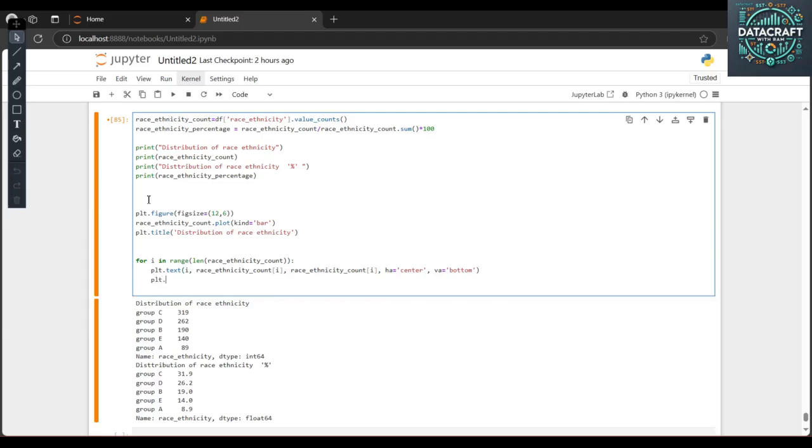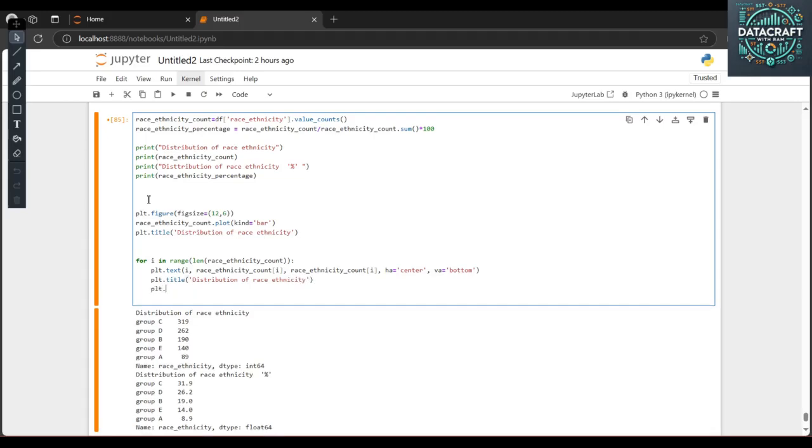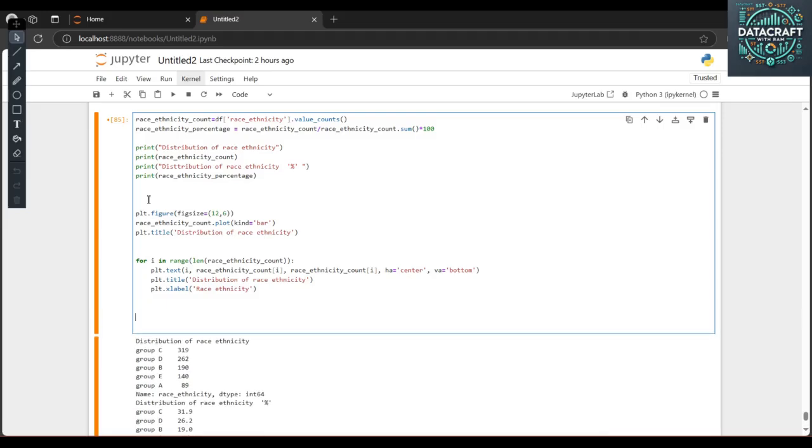Plot dot title of this particular plot is the distributions of race intensity. Plot dot x label, and this is the race intensity, and